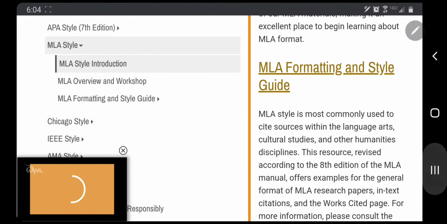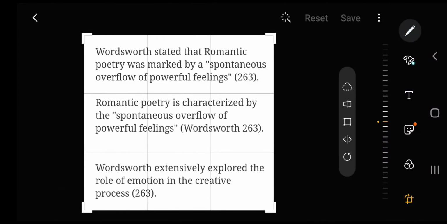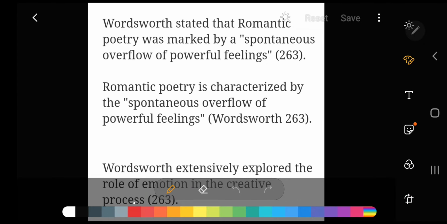So the big thing that we're talking about today for using MLA is how we use it to cite information inside of a text. We talked the other day about how we embed things. So our three options were direct quotation, where you're using the exact words from the text, putting it in quotation marks. Paraphrasing, where you're taking the idea from the text, but putting it in your own words. And summarizing, where you're explaining all of the main ideas from a text in your own words. It's going to be a bit shorter than what you'd be reading otherwise. Those are the three primary ways. Here's a couple of ways that we can cite those in the body of the text.